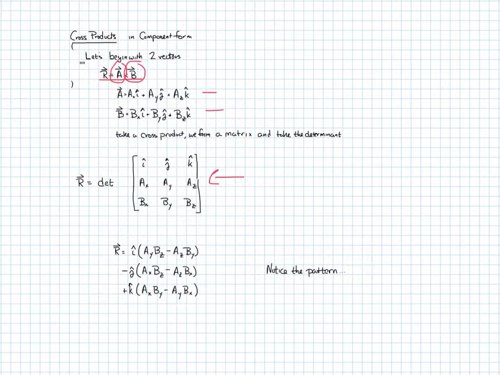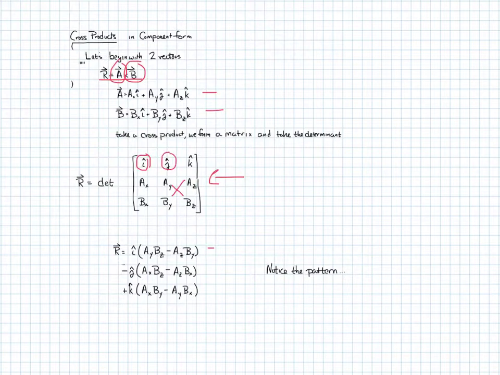So we start by looking at I, and we think about crossing out the row and the column that contain the I. And then we do a cross multiply. AY times BZ minus AZ times BY. That's our first term. Second term, we look at the